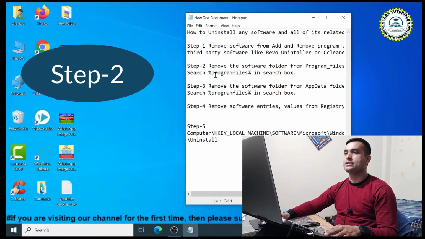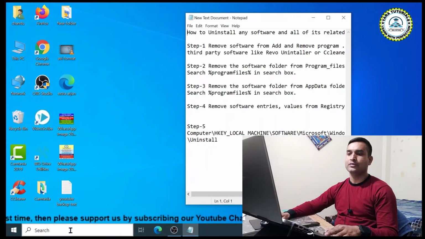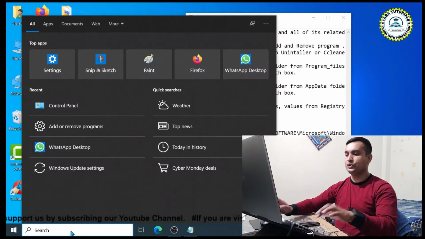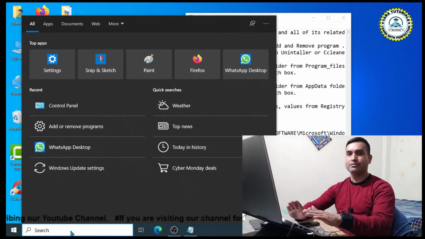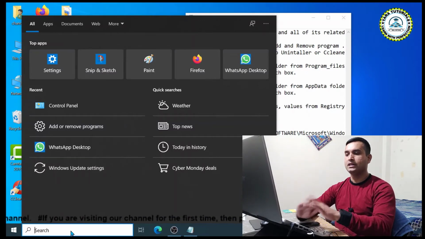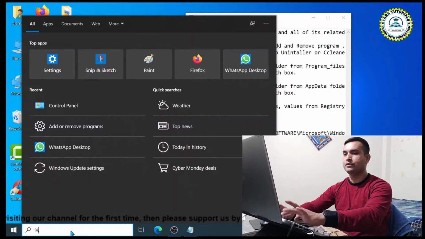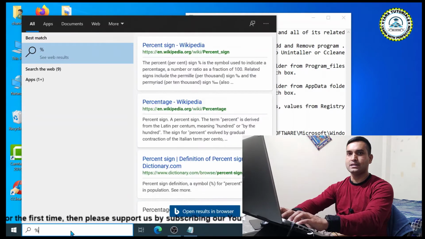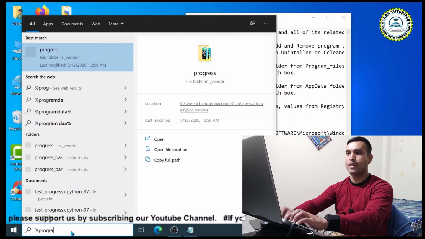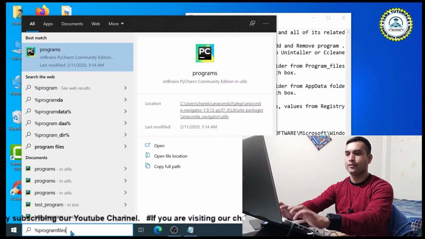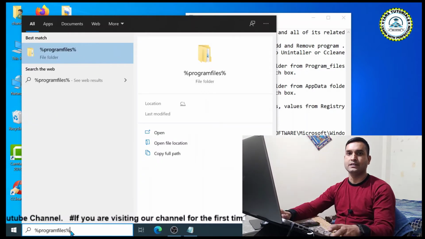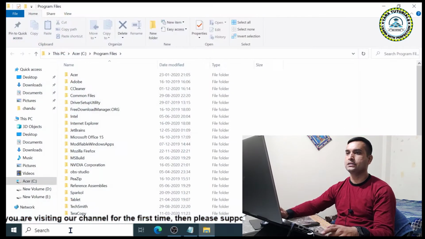The next step is to remove the software folder from the program files. For that, step 2, you need to go to the Windows search box. Here you need to type %programfiles% and hit enter.